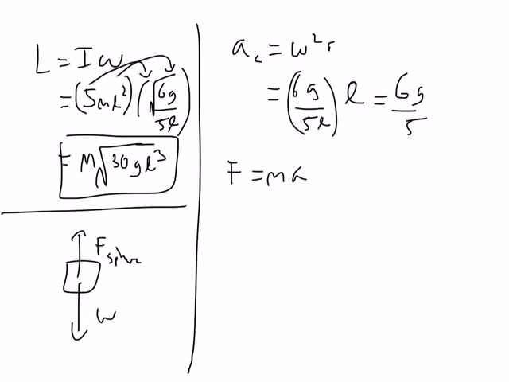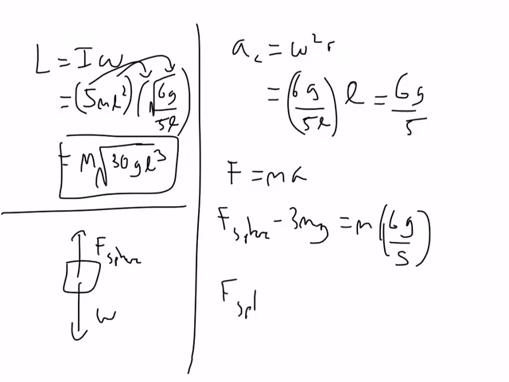Because with anything else, we're not going to accelerate towards the center of the circle. So this is F sphere minus 3mg equals m times 6g over 5. That's actually really slow. Right? So F sphere has to equal,